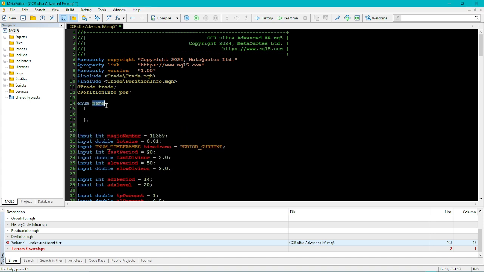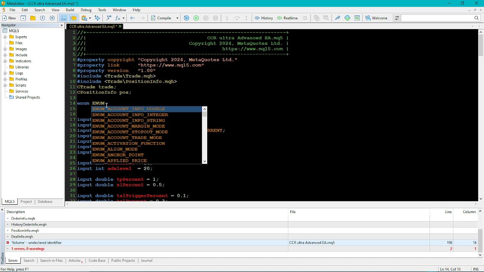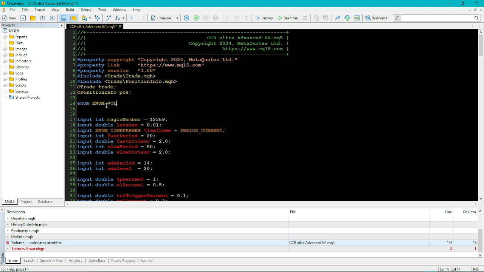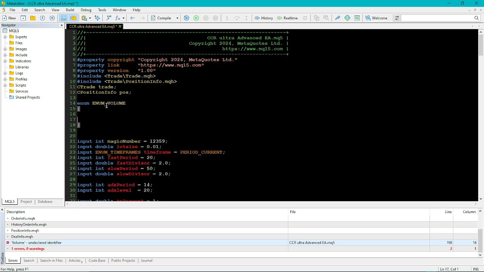So I'm gonna do enum. If you just type enum, you will get the arrow to finish it off for you. If you cannot, you'll have to manually type it, which will simply be something like enum volume, right? And then you just need to open your brackets here,